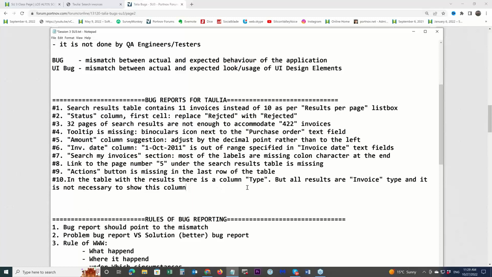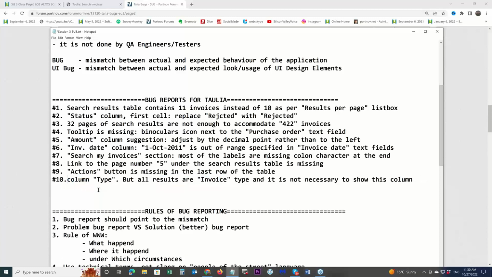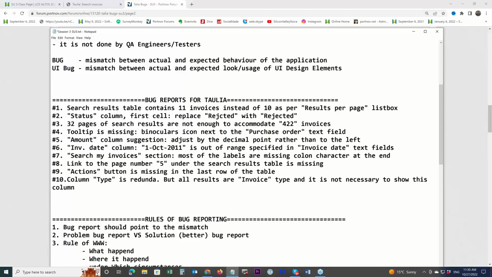Column type is redundant since all the results are of type invoice.